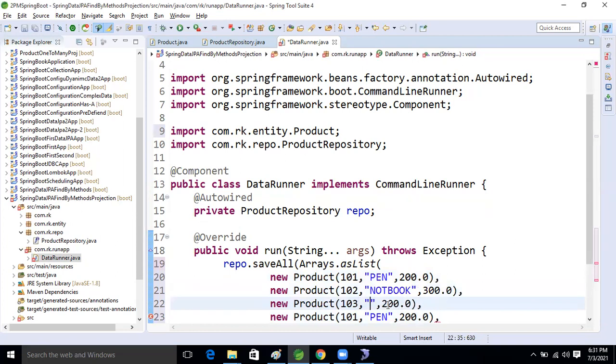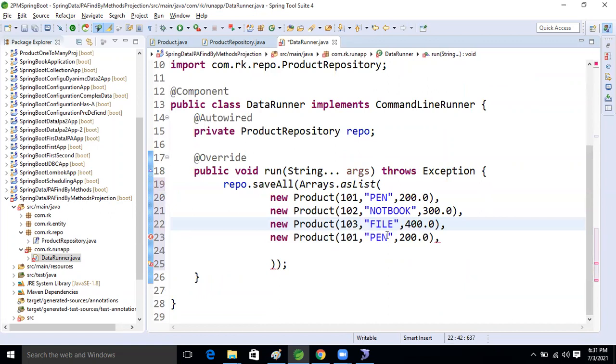Another product, what can we take now, guys? Anyone? Laptop, file. Oh, okay.